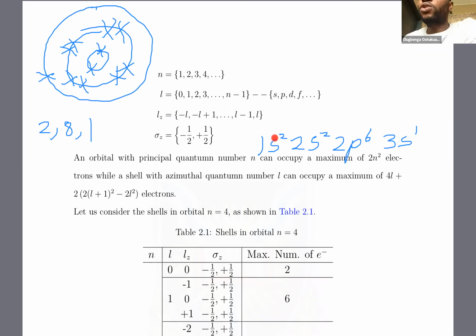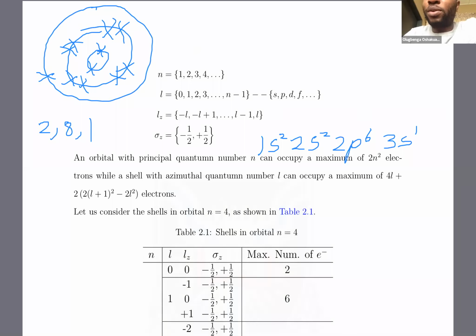So the first 2 electrons here are being accounted for right here. These are the first 2 electrons. They have principal quantum number 1, and they are in the s orbital. When we are saying s orbital,